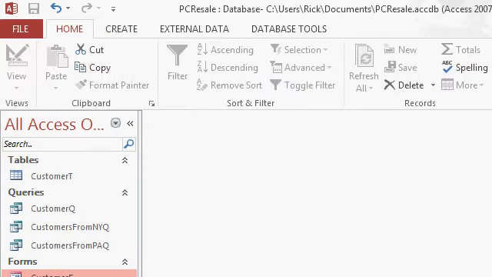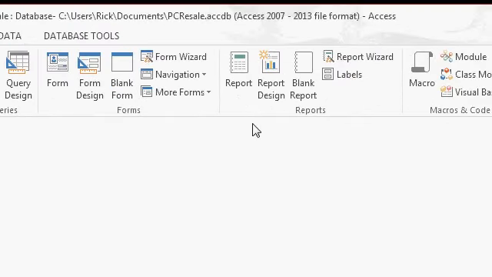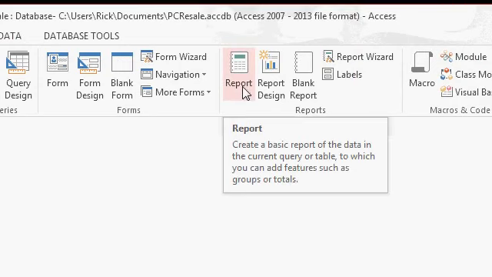Creating a report is very similar to creating a form. First, we pick the table or query that has the data. Then we click on Create. And then over here to the right, you'll see the Reports section. Now, just like forms, there are a couple of different ways you can build reports. First, we have the basic report, where Access just goes ahead and builds you a simple report, just like